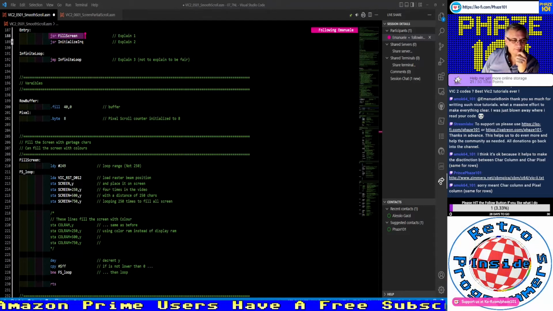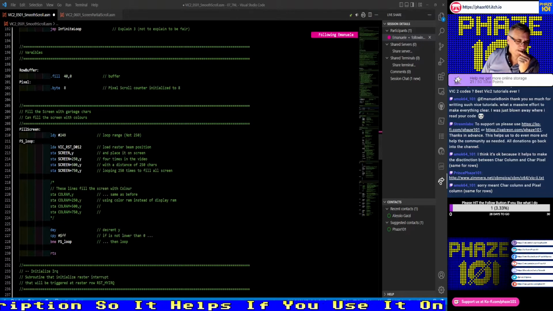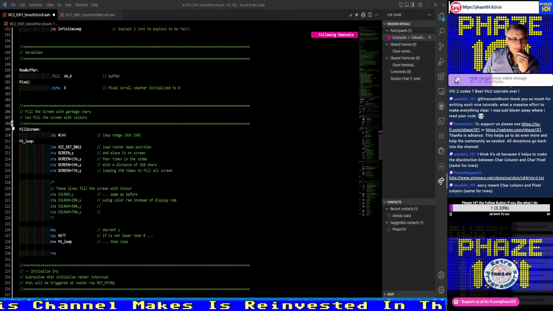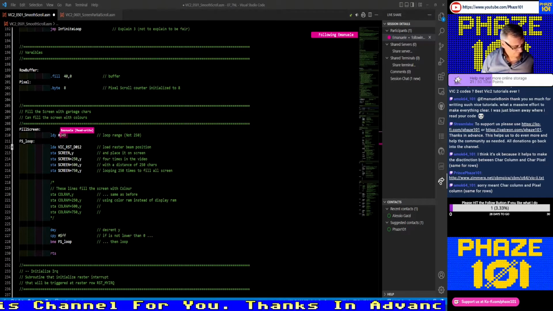It fills the screen with some garbage characters without colors, but I wrote the code anyway because I don't remember why. So, to fill all the screen, we loop through the